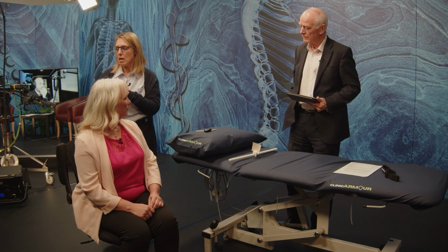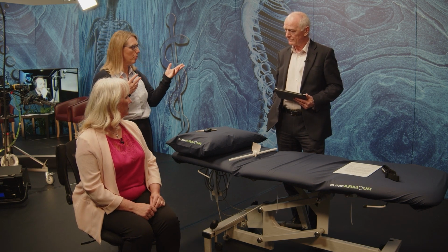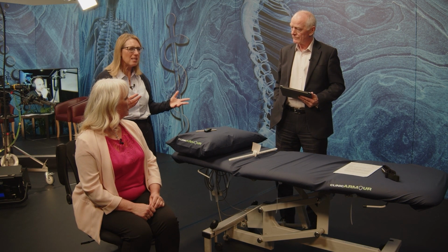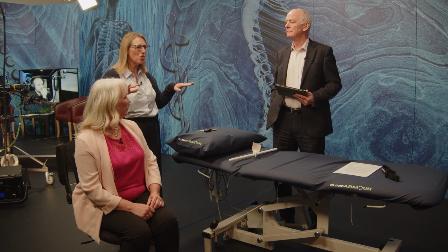I think some of the cervicogenic dizziness symptoms are much more subtle. People will describe it, Cam will probably corroborate this, as I wouldn't say I was really dizzy, the room's not spinning, but they just feel that the floor feels like it's coming up towards them, or they just feel off kilter. And all of this, of course,